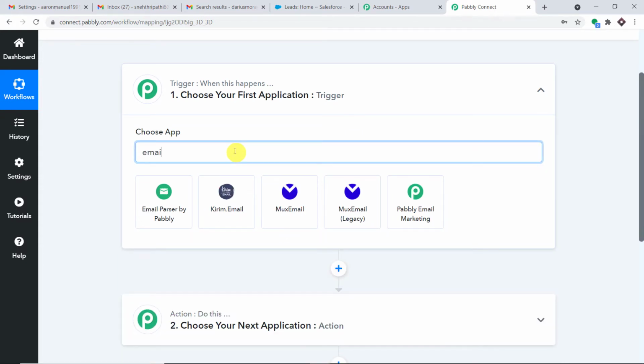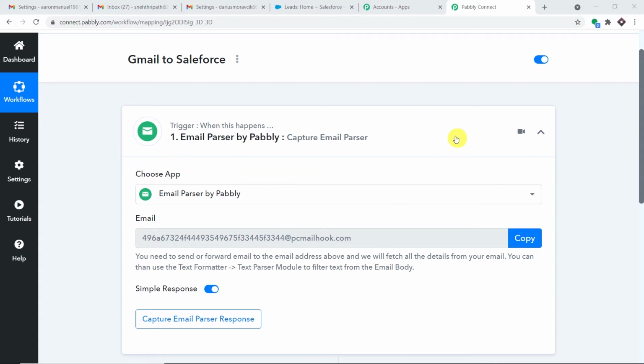Okay, so what's the deal with email parser? Basically, with the help of email parser, also known as the mail hook, you can parse the emails, extract values from your emails, and send those values across to any different software that you want. Okay, so I know that you didn't get it at all. So what I'm going to do here is send an email, and the email will be sent to one particular email address. Now let me show you.